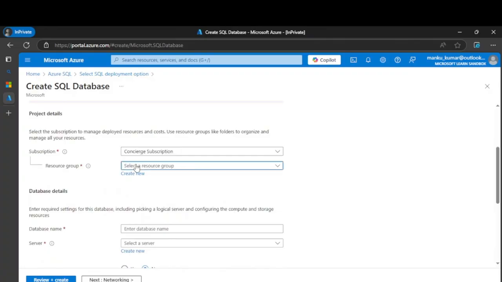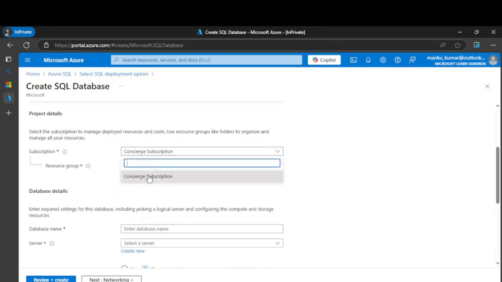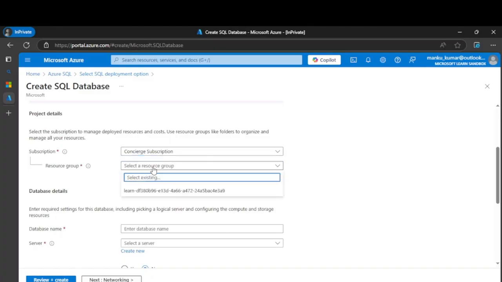So I have to check the subscription. This is my subscription and resource group. For everything we have a resource group, and billing happens on that particular group, and these are all part of the billing. In coming videos I will tell you how we can control the billing, what a resource group is and all those things. So first, learn about this Microsoft account creation part and the subscription creation part.